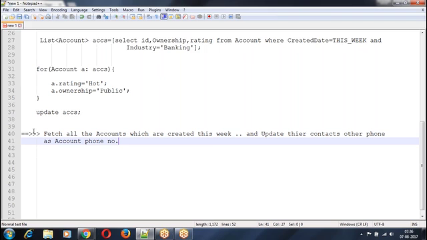So what I am doing: fetch all the accounts with the corresponding contacts and update contacts' other phone number